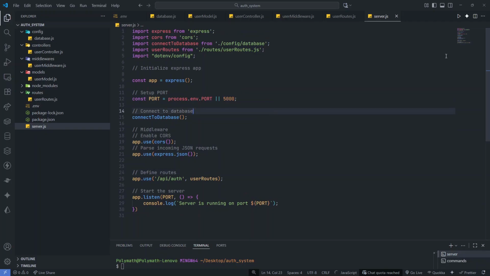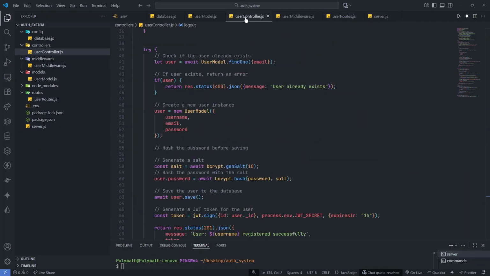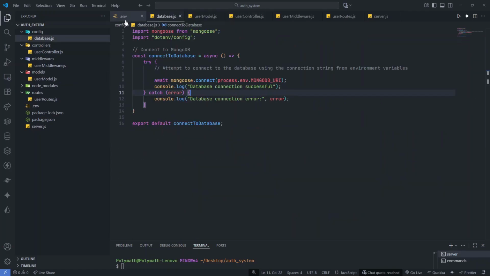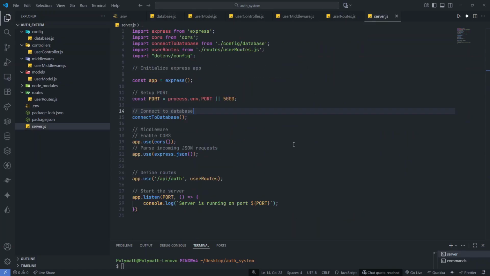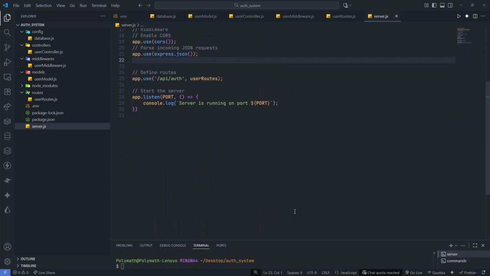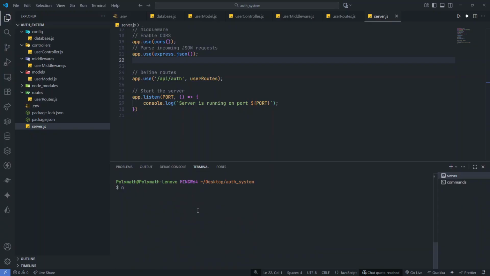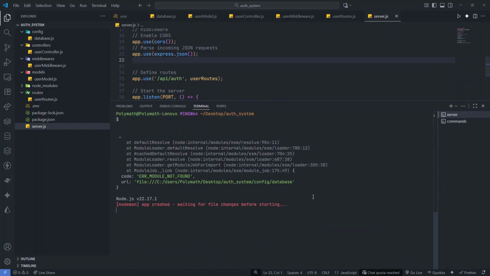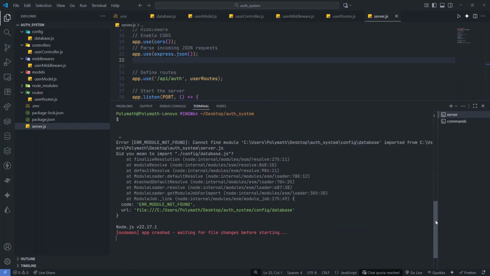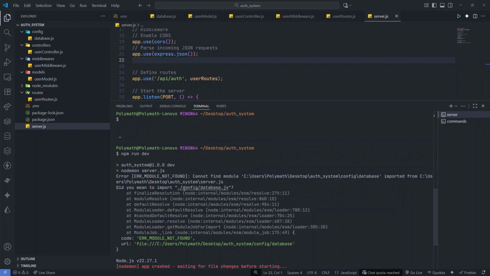So basically we are through with this API. Now we need to test and be sure. Most of the times you're definitely going to have a problem, but let's see how it goes. So we say npm run dev. Let's wait. Alright, obviously there are errors. It says